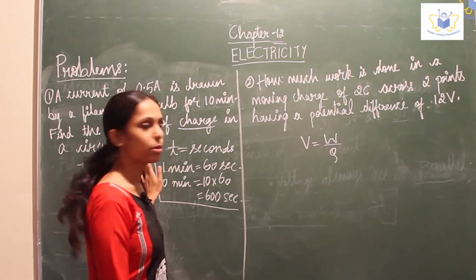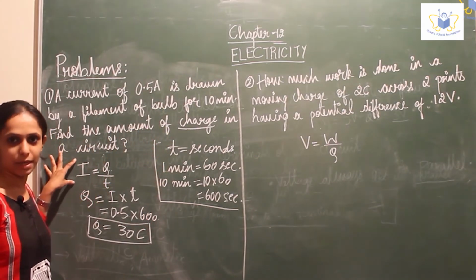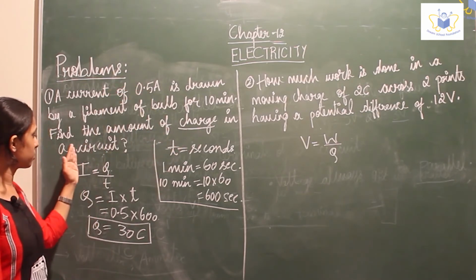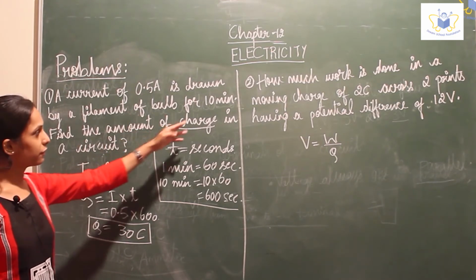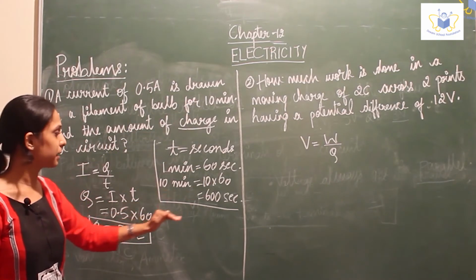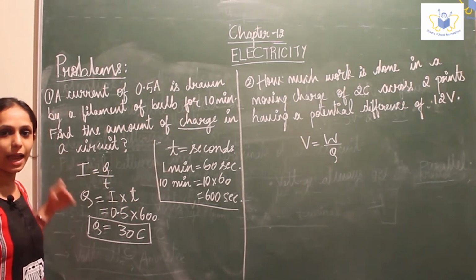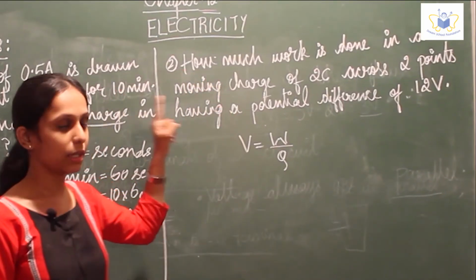So this question was on current. Simple. Whatever your question is, you just use this formula. Sometimes they might give you charge and they might ask you current. Simply use this formula. Put Q, charge value, put time. If it is in minutes, same conversion, simple conversion. If it is in second, don't convert, put it here. Just use this formula and proceed for any kind of problem. This is one type. And this is, please go through the question.